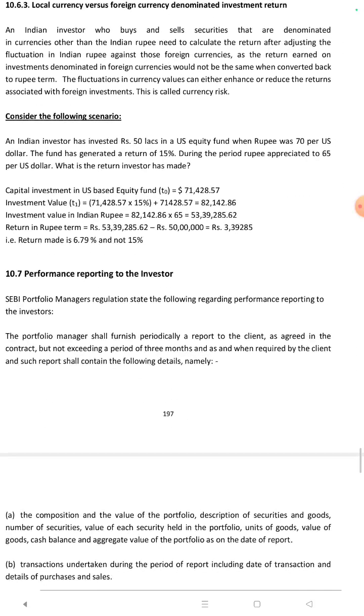Consider the following scenario. An Indian investor has invested 50 lakhs in a US equity fund when the rupee was 70 per US dollar. The fund has generated a return of 15%, and during the period the rupee appreciated to 65 per US dollar. What is the return the investor has made? Capital investment in US based equity is 71,428 dollars. Investment value 71,428 into 15%